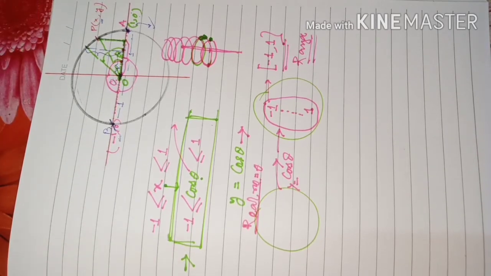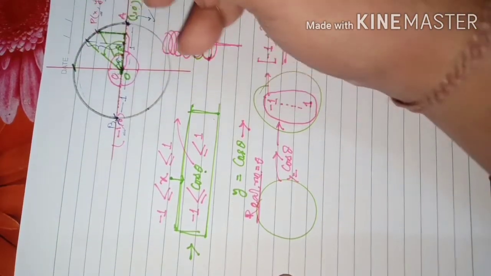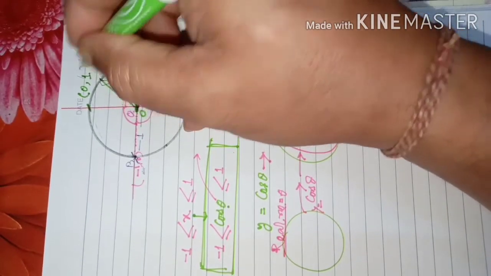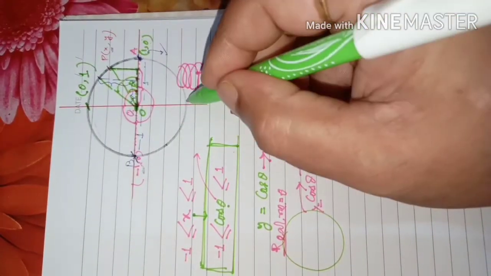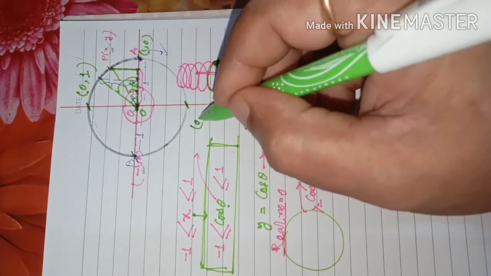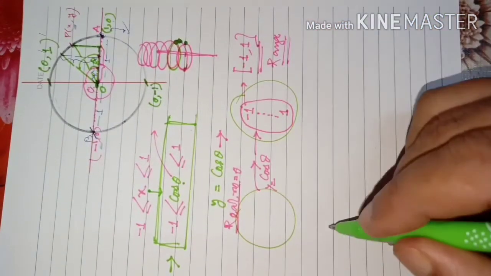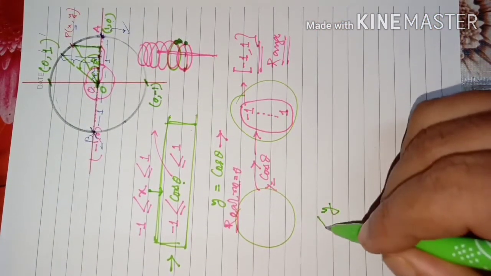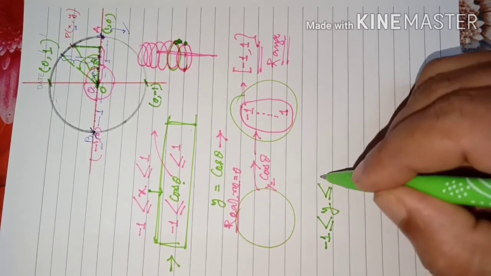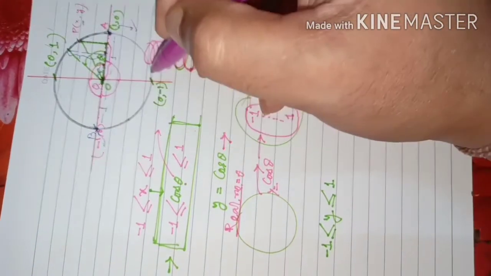So similarly, y values, you see, what is the maximum y value here? If you look at the unit circle, it will be very clear to you. The maximum y value is plus 1 and the minimum y value is minus 1, because its coordinate is here 0, minus 1. So you can say, dear students, y values also lie between minus 1 and plus 1. Y values means values on the y axis now.